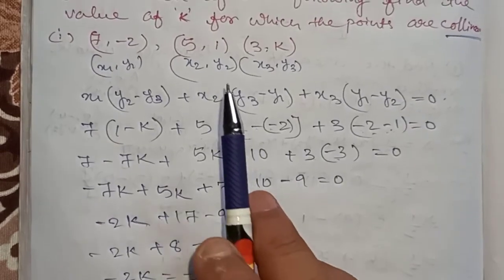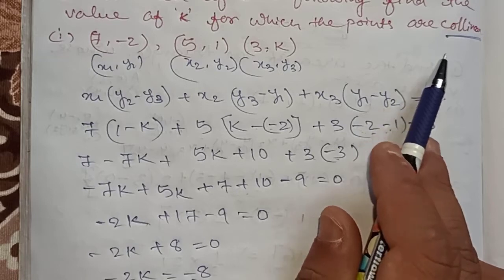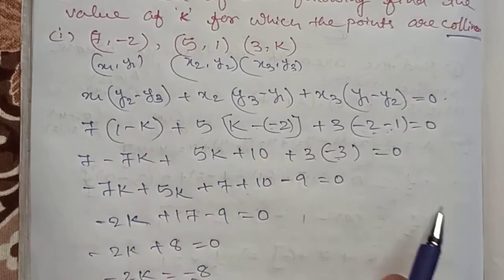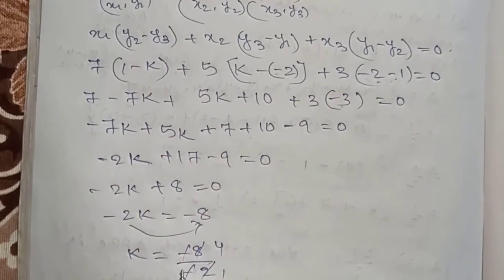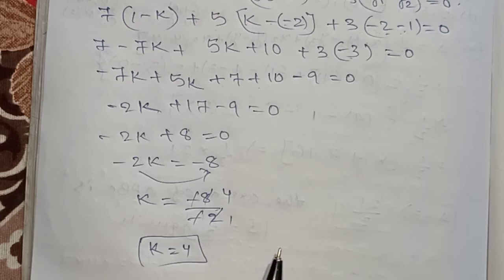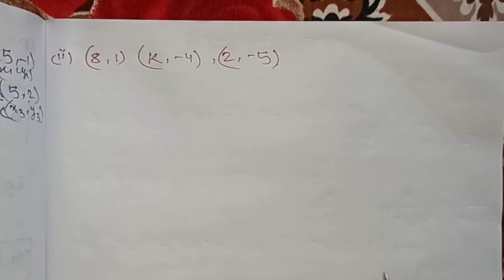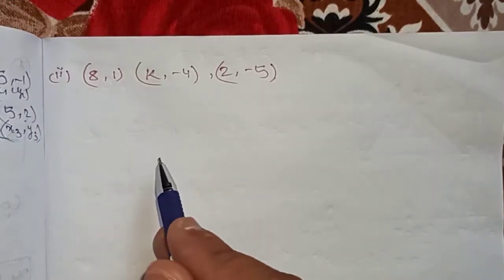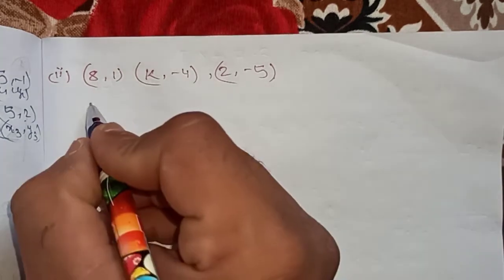Okay. So whenever in any question it has given that the points are collinear, use the collinear formula to find the value of k. Okay. It is very easy to use the collinear formula and solve the question. Next question. Now second bit. In the second bit 3 coordinates are given and we have to find the value of k by using the